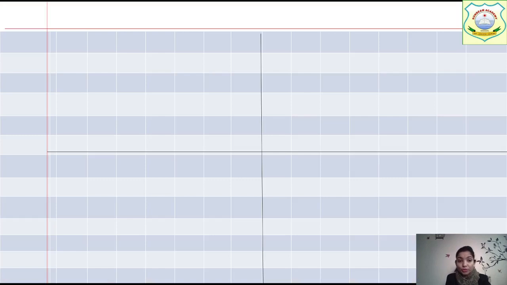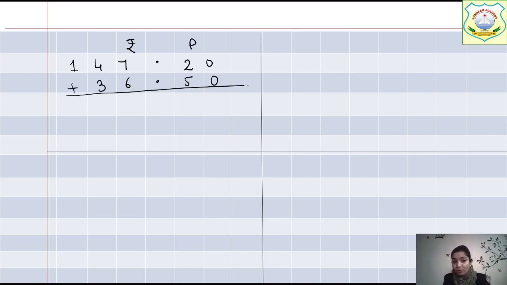Students, it's very important to know how to write down the digits properly. Remember that whenever you are writing, write rupees like this and here paisa, leave one box for the point, right? If it is 3 digits, you will write in one box like 147.20. If it is 147 rupees 20 paise, then in this we have to add 36 rupees 40 or 50 paise. Like in this way you have to do in the notebook, right? So that it will look nice, and this is the proper method of writing the money.